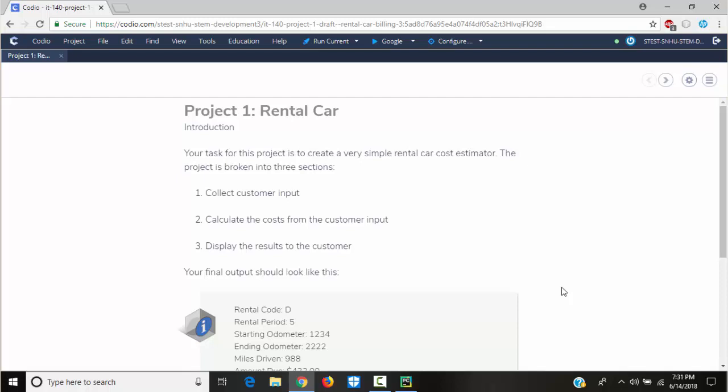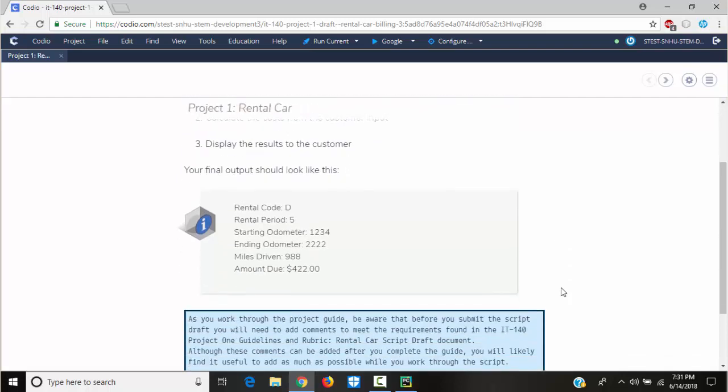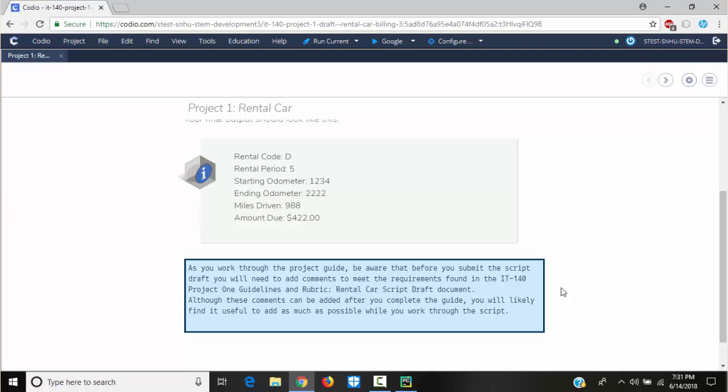I'm not going to promise I will do all the projects. Hopefully, after doing this one, you would have acquired enough knowledge to work the rest of the problems. I'm going to work on this one, no problem.